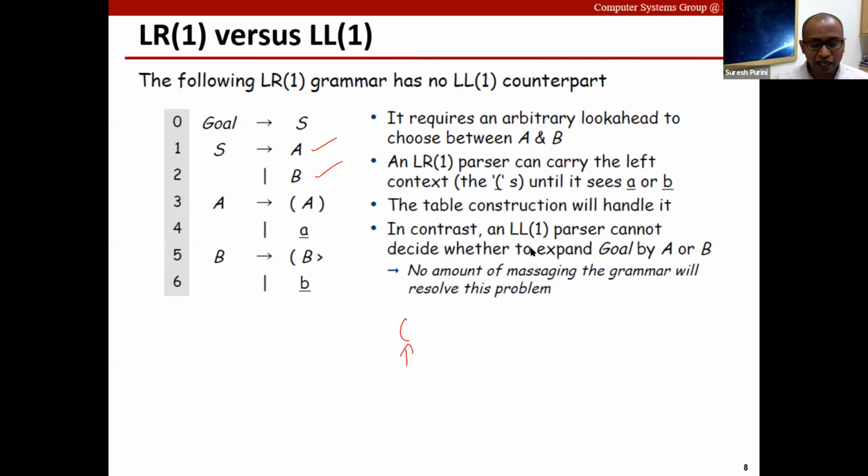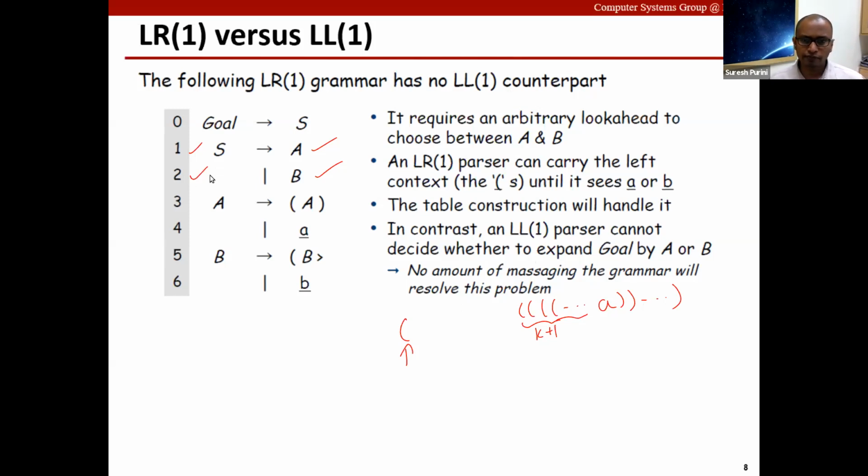And it is not LLK parsable because, no matter what the value of K is, if you are using K lookahead symbols, then you can have a sequence of K plus 1 parentheses followed by A or B. So no amount of constant lookahead can help in deciding whether we should be using substitution rule 1 or substitution rule 2.